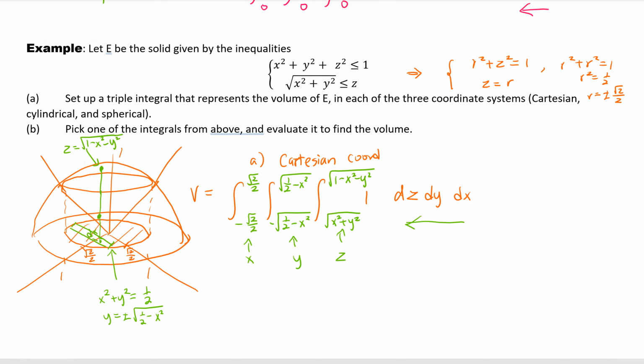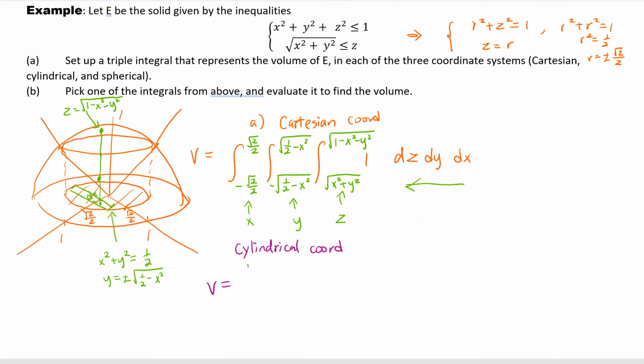So let's use cylindrical coordinates. So V is then the integral of 1 r dz dr d theta. Okay, now let's see, what is that? Well, that is